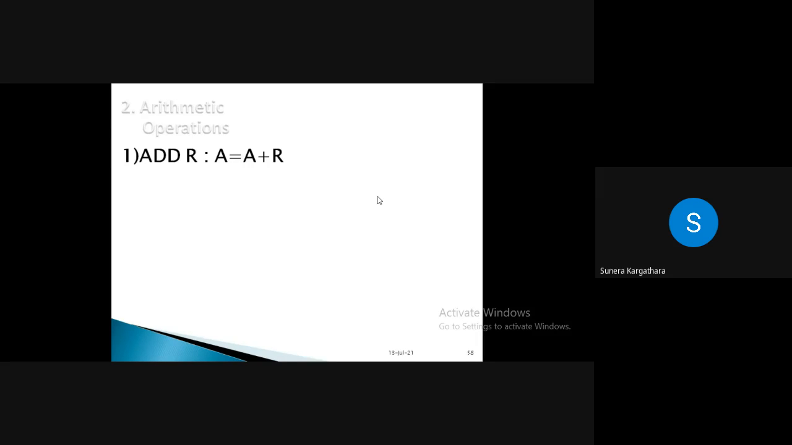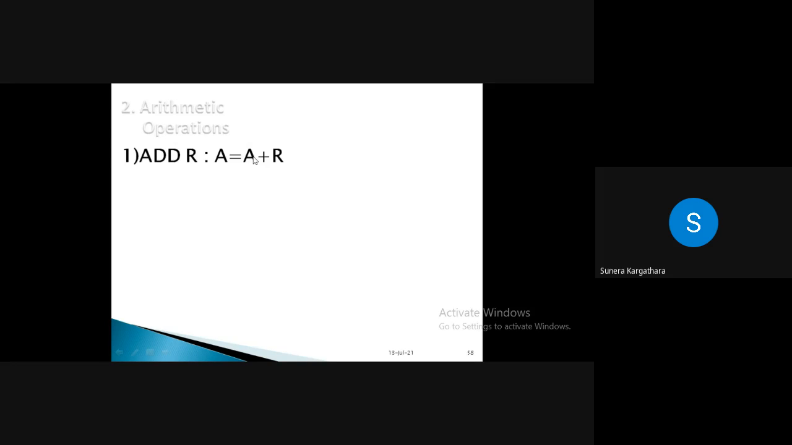Then from the next instruction onwards you need to explain. Now ADD R: the format of the instruction is, after ADD, your opcode, you need to write a register. The explanation is that it will add the content of the accumulator and the register, and the result will be stored into the accumulator. What can be an example? As R, you can take any general purpose register, for example ADD B. What is the result? After ADD B, your accumulator's content will be